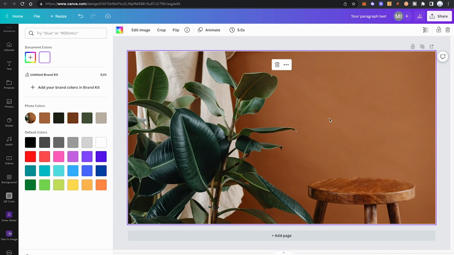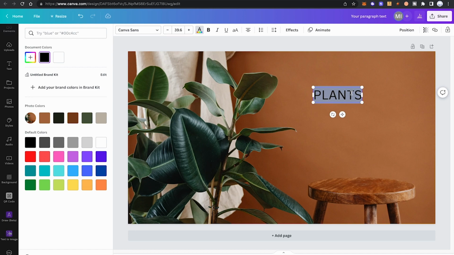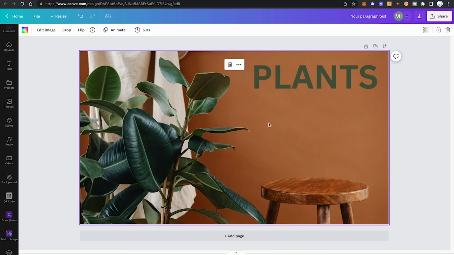For example, if you would like to add a title here, you could simply press T on your keyboard to add the title, then write something, then make sure that your text is highlighted and then click on one of the photo colors. And as you can see, just like that we created a lovely title that matches the color